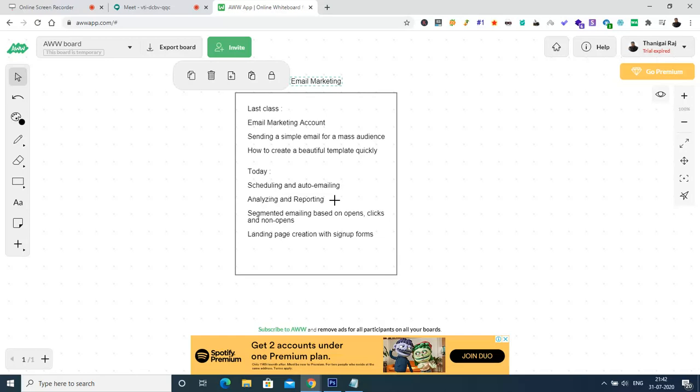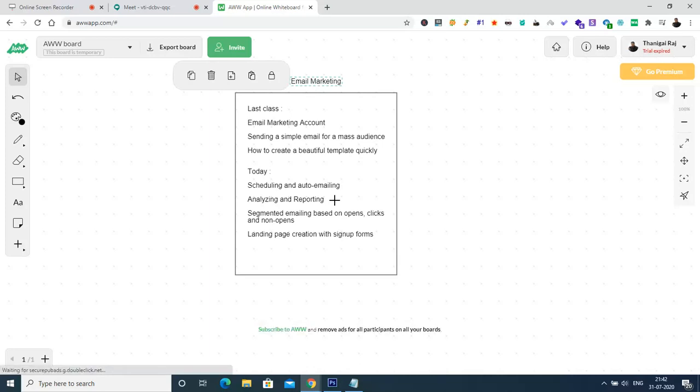Okay, then what is the other thing we are going to see today? Suppose we have an email campaign that we plan to send only to the audience who opened the previous email campaign. Suppose I sent an email to around 20,000 people. Among these 20,000, let us assume 3,000 opened the email. And among these 3,000, let us assume 400 clicked the link inside the email. In that case, I would like to send one more email, specifically only to the audience who opened the previous campaign.